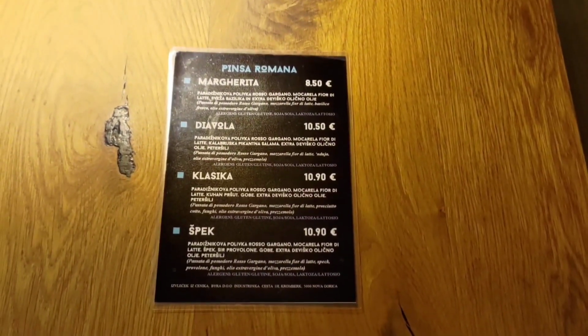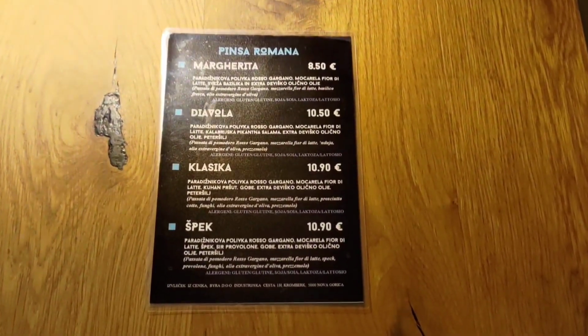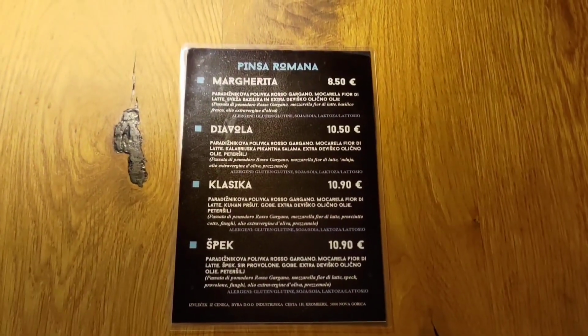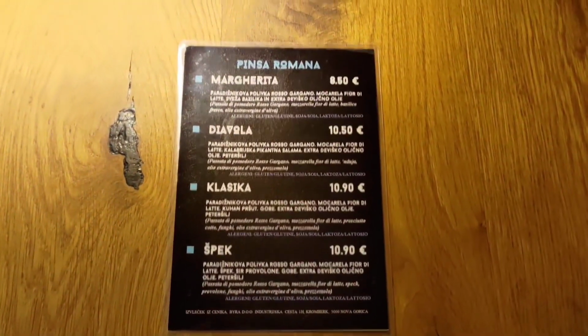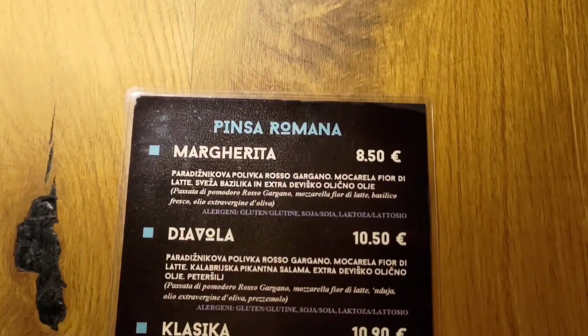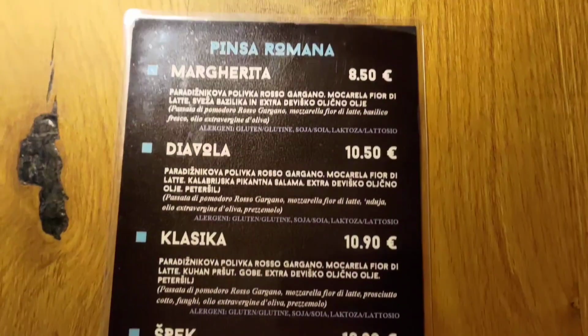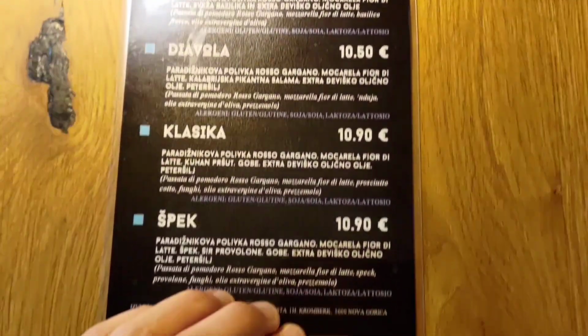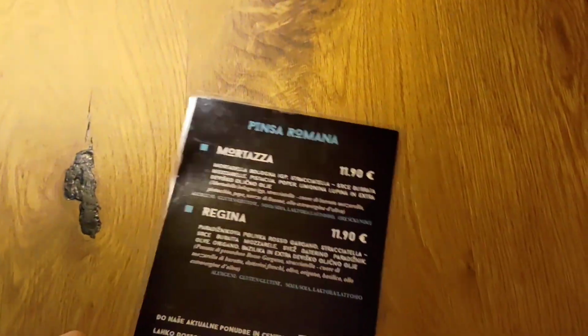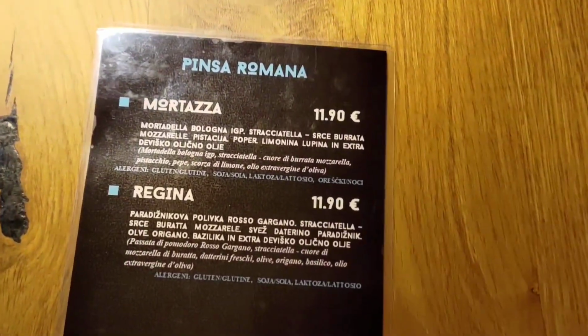Alright guys, so as you saw at the back of the bar outside, they've got those lovely big pizza ovens, but I'm here a little bit later on, so obviously everything has kind of shut down for the evening. But yeah, a few different types of pizza here. So the Margherita, the Diavola, the Classica, the Speck. So yeah, all kind of classic ones. And then the other two, the Mortazza